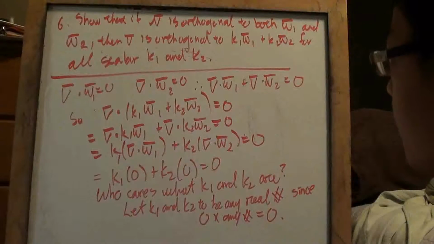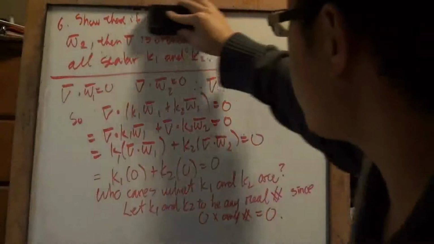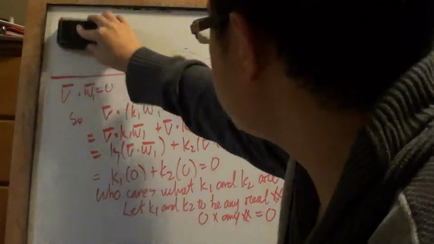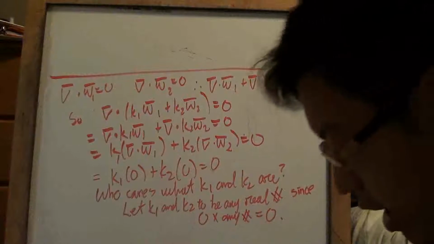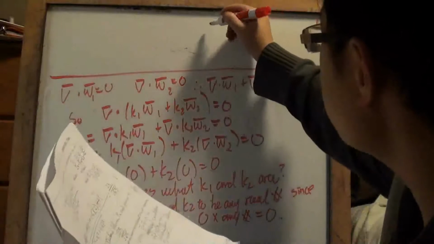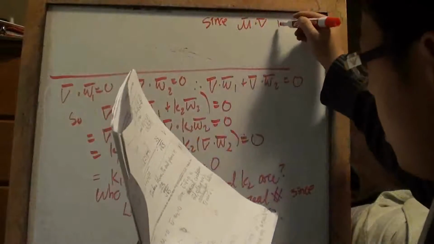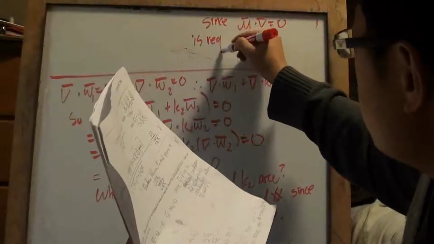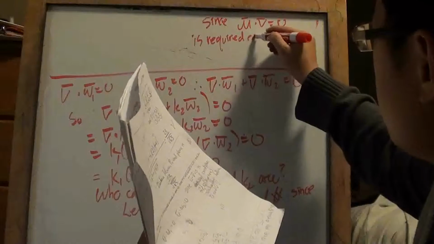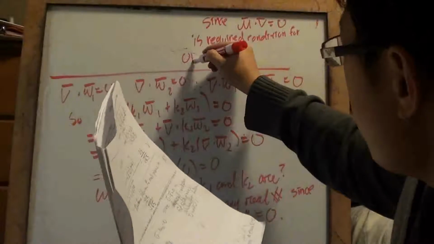Oh yeah, and I don't have the room, and I don't want to make another video, so copy this question down. So I'm just going to write one more detail that I wrote, which may or may not be necessary, but I want to be thorough. So I also wrote, since U and V is required condition for orthogonal